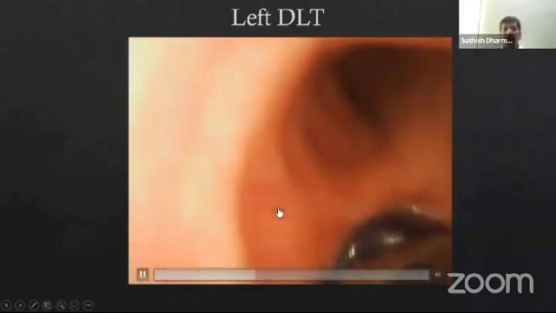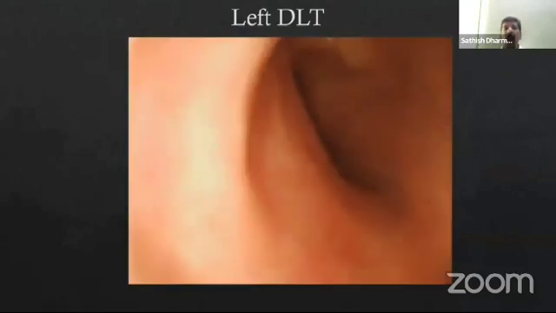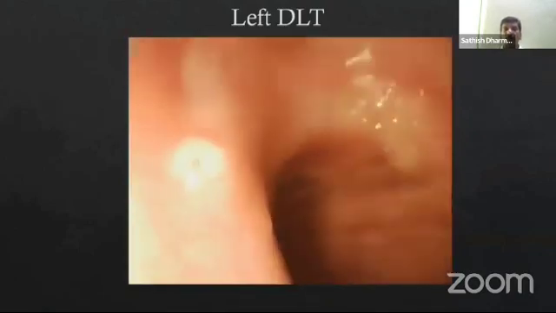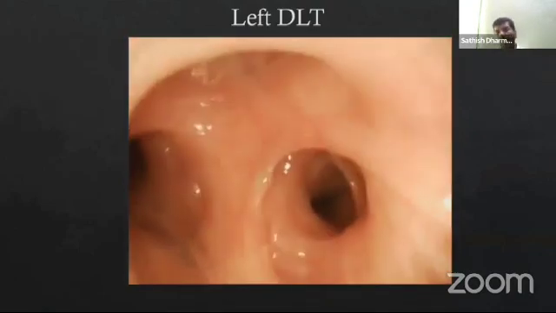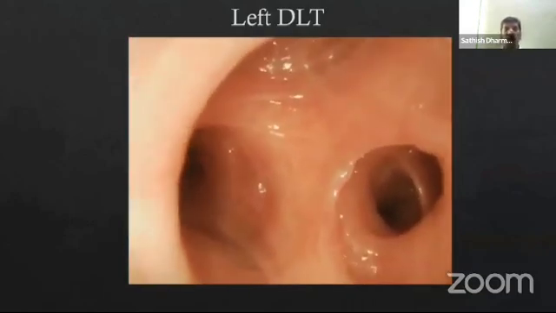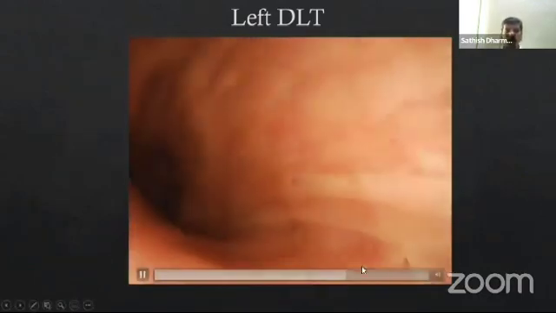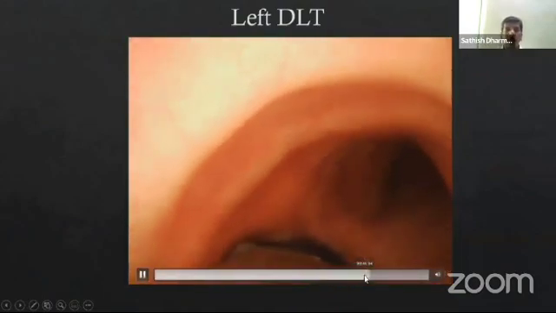Once you've seen this, go inside the right main bronchus and confirm whether the right main bronchus is this one, by seeing the trifurcation of the right upper lobe. Once you see this, you are very sure that you are not in the right side, your tube has gone mainly to the left side. Then take it out and then go inside the